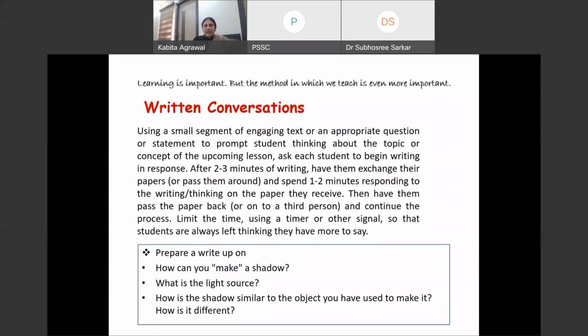Take an example here: you can make your children write on this topic, and you have given these 3 things for them to see and think. How can you make a shadow? What is the light source? How is the shadow similar to the object you have used to make it, or how is it different? After the child has finished writing, he can pass this to the other group, the other group